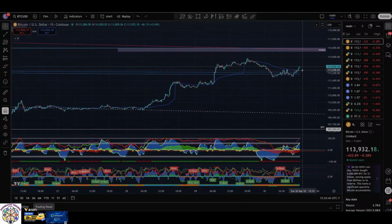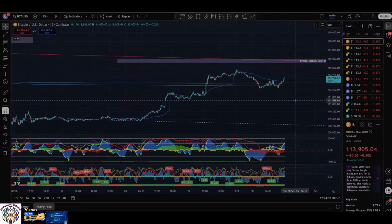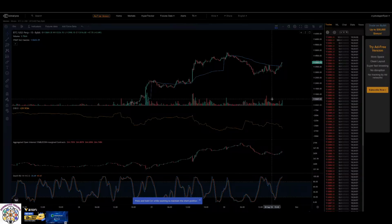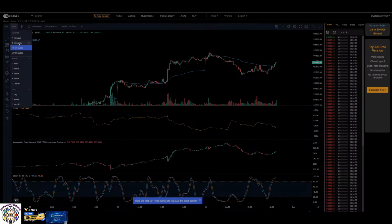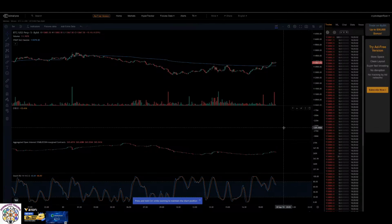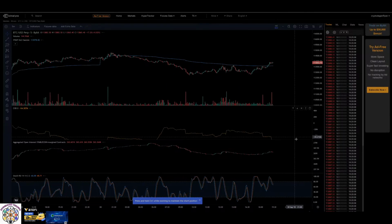Yeah, so breaking above VWAP, breaking above the two anchored VWAPs, the very two key important anchored VWAPs, and holding the value area low of our range on the bullish back test earlier this morning. And right now, there's not really too much going on. Very, very locally, we are seeing bullish CVD absorption. Let's zoom back into the 5-minute chart here. And you can see here very, very locally,